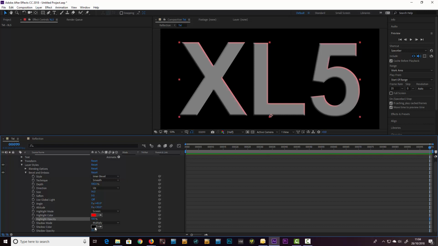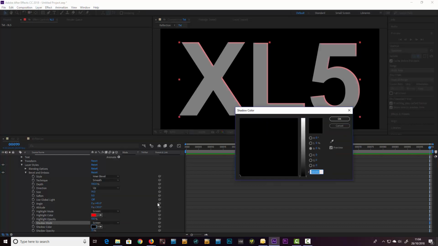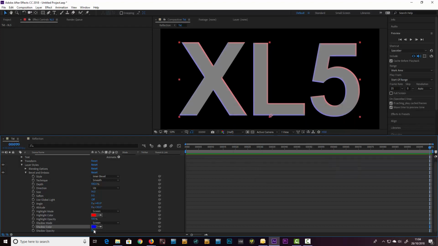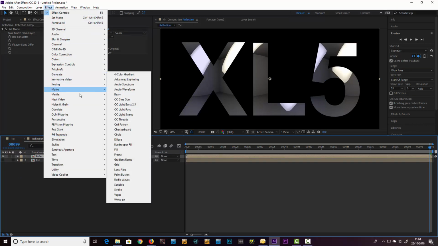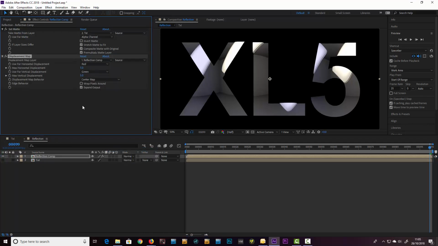That's all we want. With this one here, once again we turn it to screen, make sure it's not on multiply, and turn it to blue. And once again 100%. Now when we come to our reflection, we can choose the displacement effects, distort, displacement map,